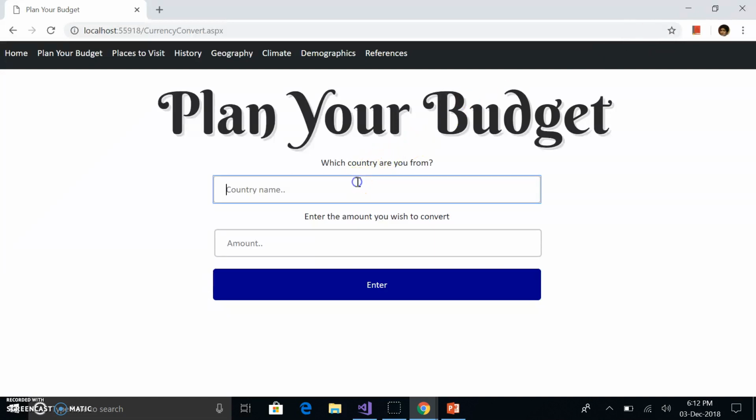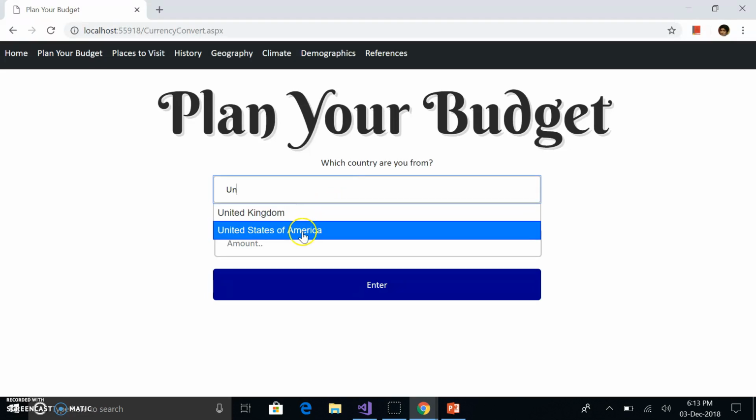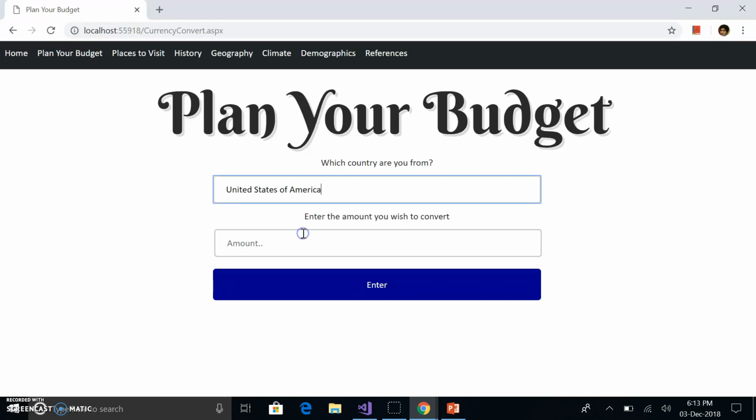So let's say, for example, we're traveling from the United States of America. As you can see, when I type UN, you've got suggestions of various countries that start with the letters UN: United Kingdom and United States of America. This is one of the notable features that we have implemented in our application, autofilling the HTML text boxes. So let me just take you through this one. I choose the option of United States of America, and